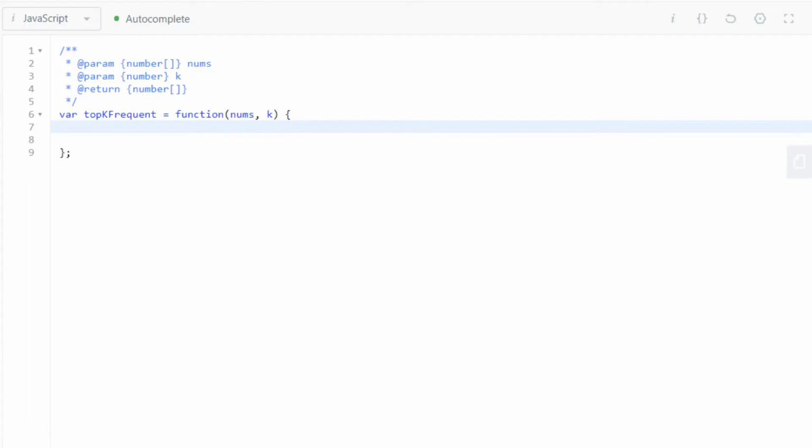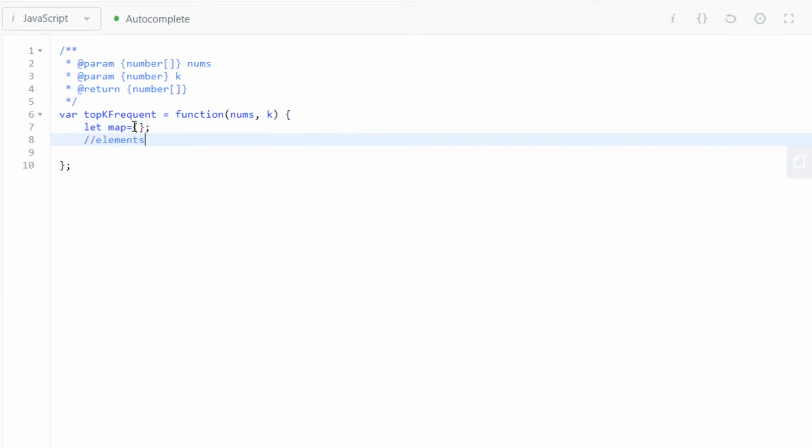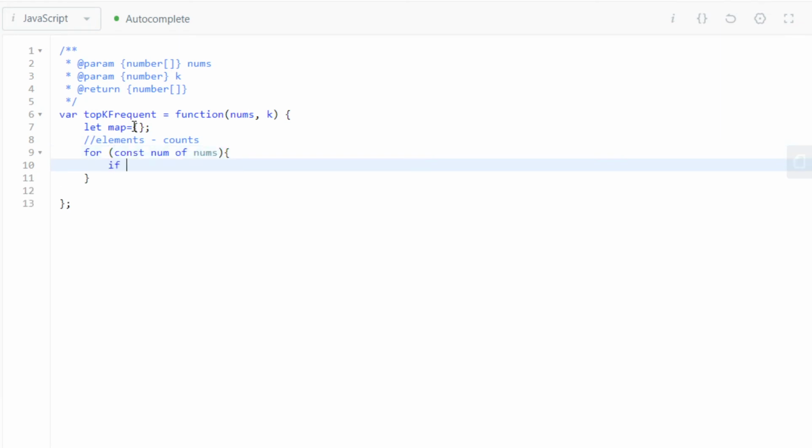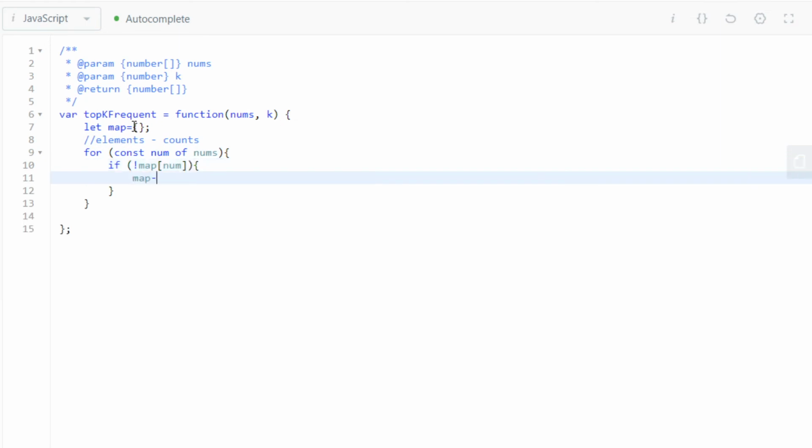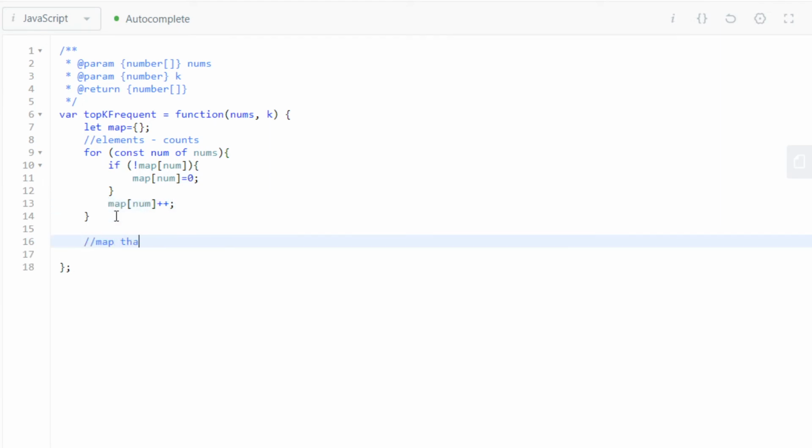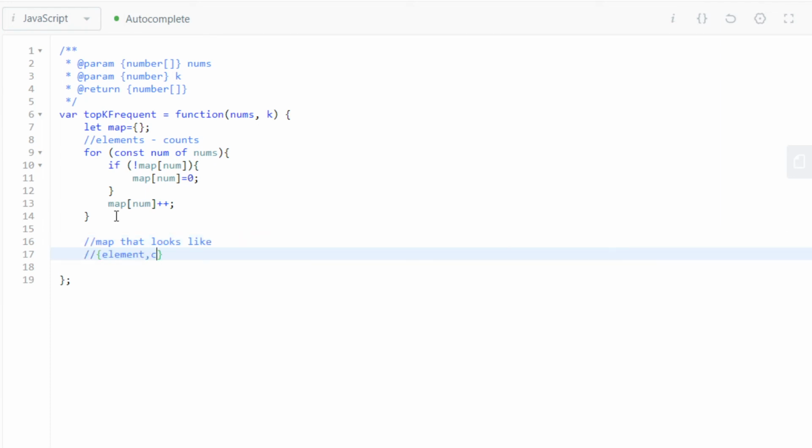Let's see how this looks in the code. So the first thing we'll instantiate is a map, and this is going to take all the elements and their counts as key-value pairs. This is going to be part of the intuitive solution as well. So for const num of nums, if we haven't seen this number before, then we'll set it equal to 0. And no matter what, after this, we're going to increment that. So if we've seen it once, then we'll increment it, so it'll be equal to 1. And however many times we've seen it, we'll just increment that. So now we should have a map that looks like element, count,